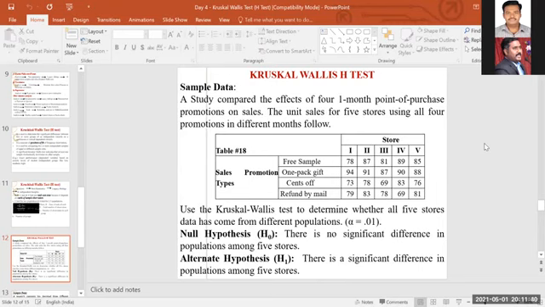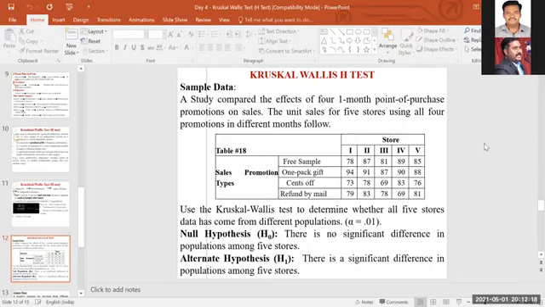Suppose, for example, a store is located near my house. So I will go to that particular store only because it's convenient for me. It also depends upon the demand in the particular location. If there is more demand in that location and you locate a store there, definitely there will be more sales. Now here, see this data, you can do it in two different ways also. You can do 2 analyses to compare the 2 variables. Either with the store you can identify, or otherwise you can identify the effectiveness of the sales depending upon the promotion type also.